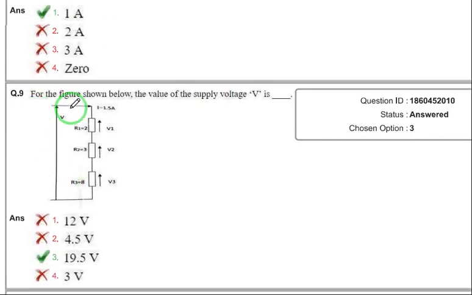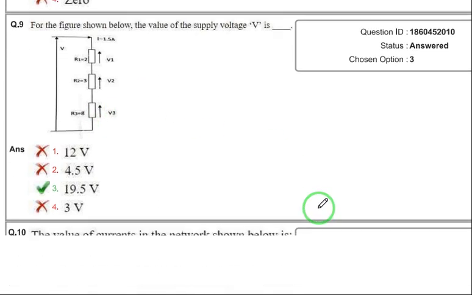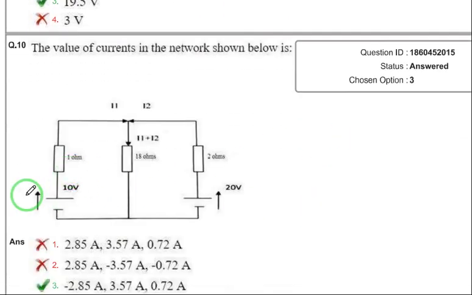and this one you can see, for the circuit shown, the value of supply voltage you have to calculate. Current is 1.5 amps, resistance given. So voltage is resistance into current. How much voltage, you will come to know. V1 is nothing but that current into resistance, 1.5 into 2. V2 is nothing but 3 into 1.5, 8 into 1.5. Simplify, the total voltage you can get: V1 plus V2 plus V3. Just do that. Remaining also you can do in the same way.